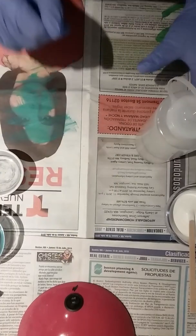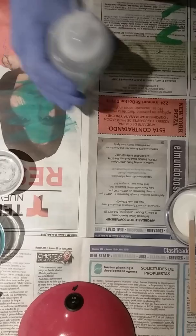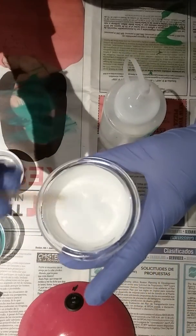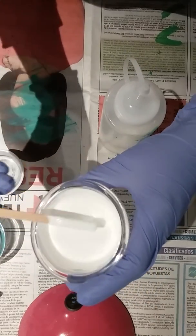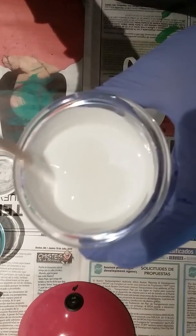And I promised you guys a video of how I mix my paint. This is the white. I'm hoping this video is going to be helpful, but